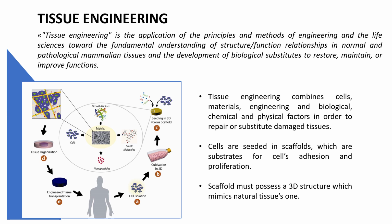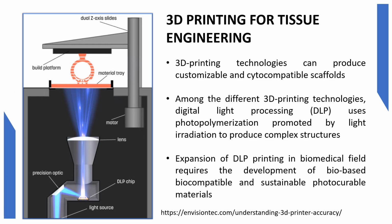An ideal scaffold must mimic the 3D structure of natural tissue and must grant cells proliferation and survival in order to form new tissue. Recent studies in tissue engineering are focused on the development of technologies that are able to provide patient-specific scaffolds. In this context, 3D printing techniques combined with proper materials are able to easily produce cytocompatible and